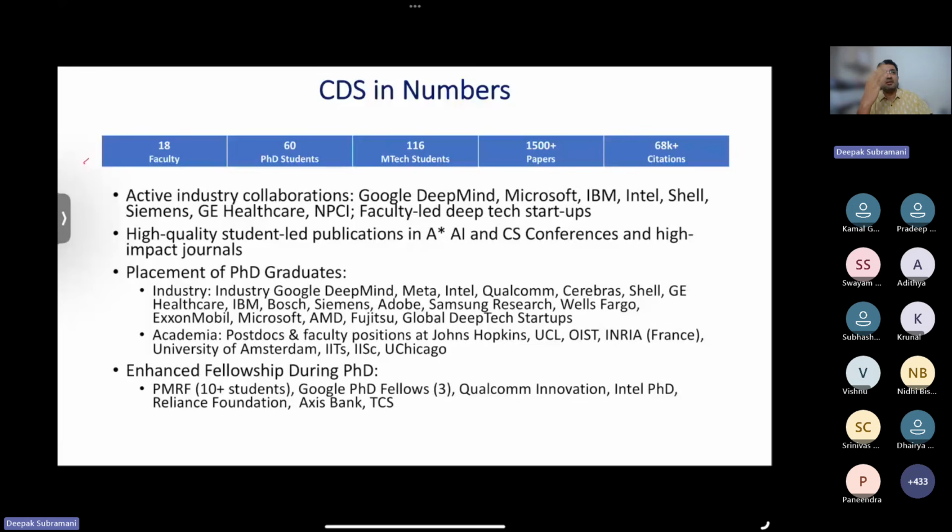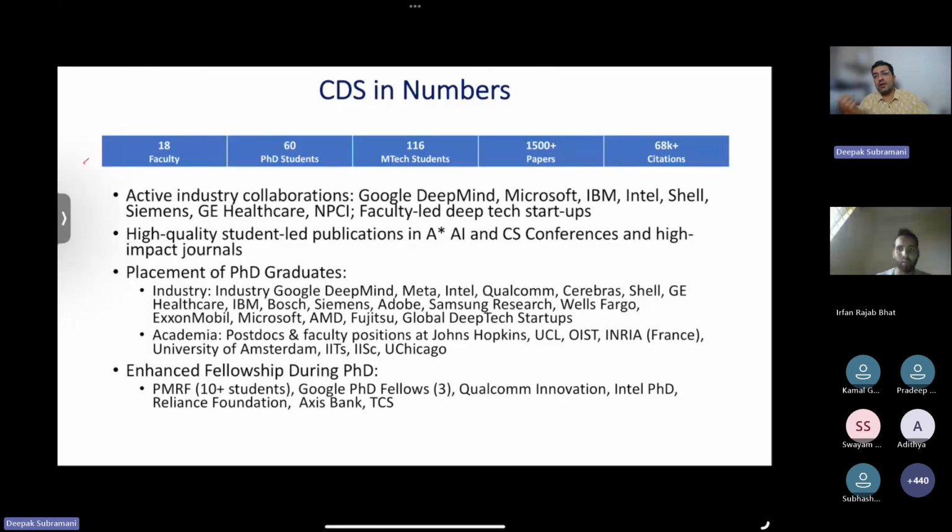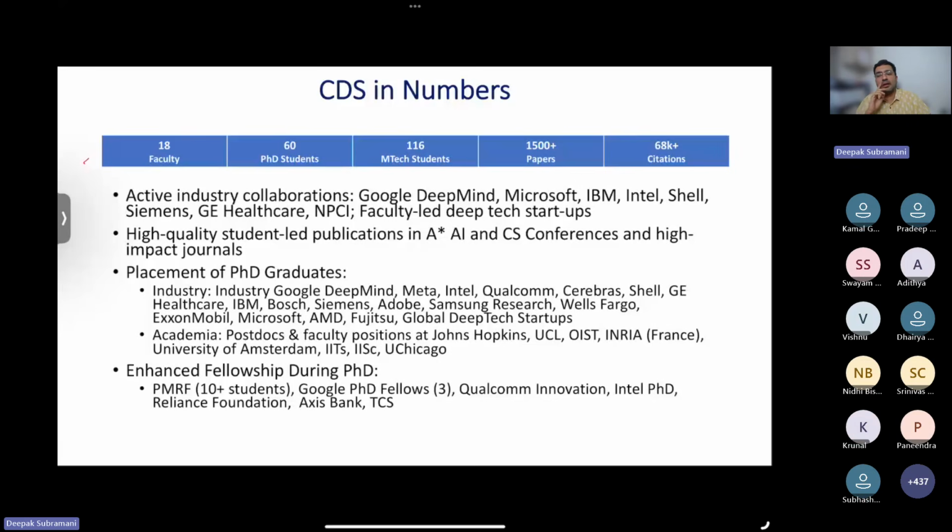And these alumni come back to conduct interviews and so on. So there is a lot of industry collaboration through alumni with the faculty and the students, and there's a lot of mentoring support there. Our PhD graduates also go on to academia. They take postdoc positions abroad and faculty positions. Several of our alumni are faculty in schools in Europe, India, the United States, right? So there is a wide network of our alumni working in top academic positions across the world.